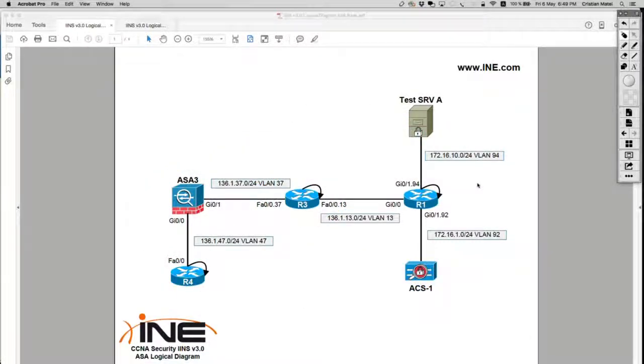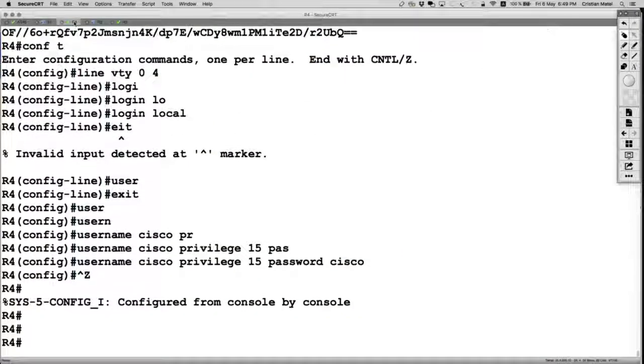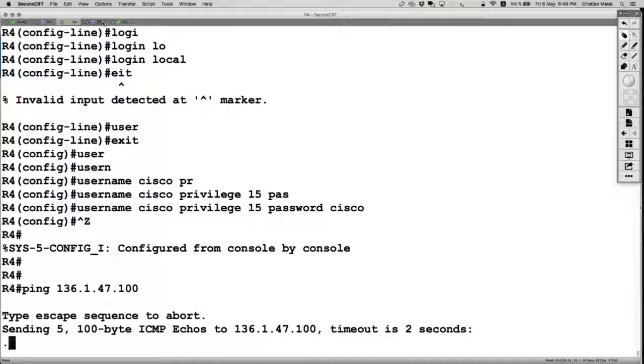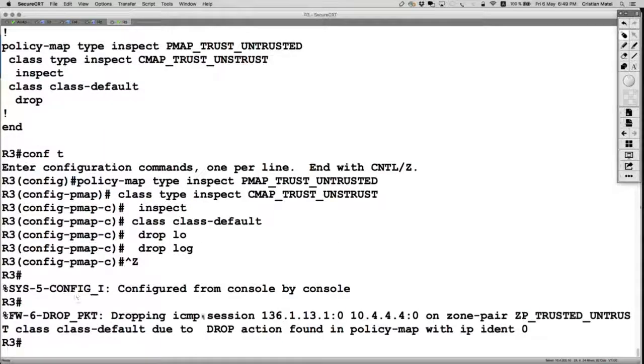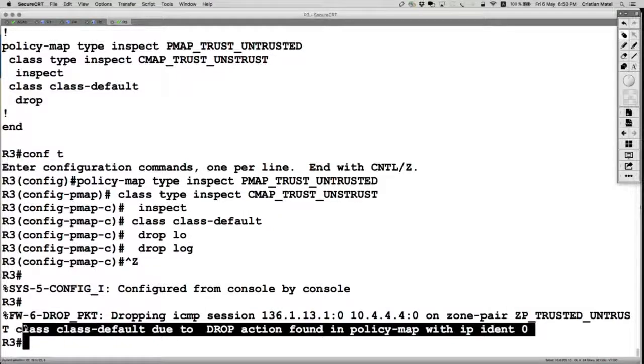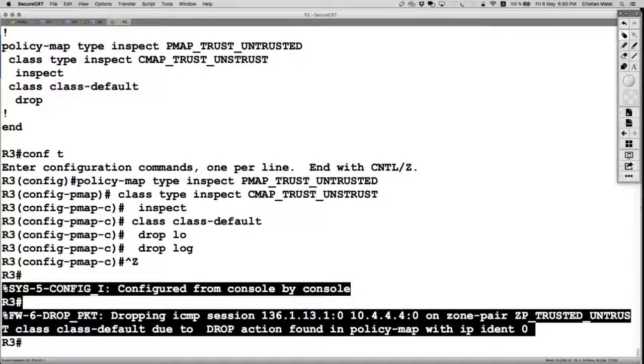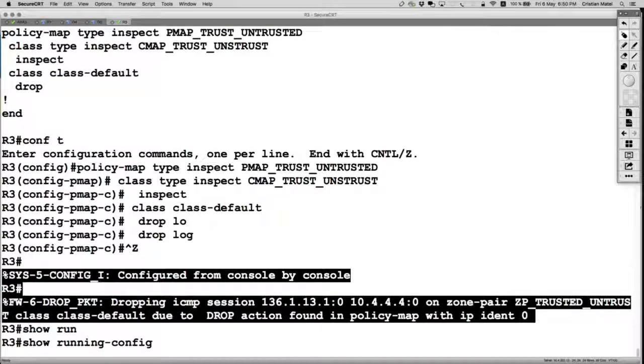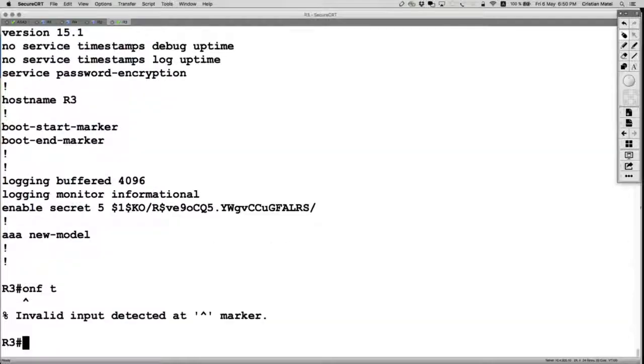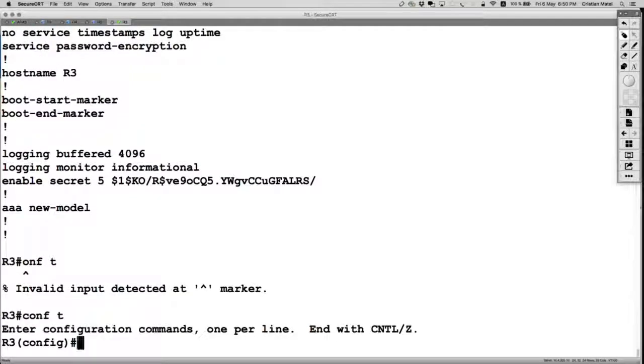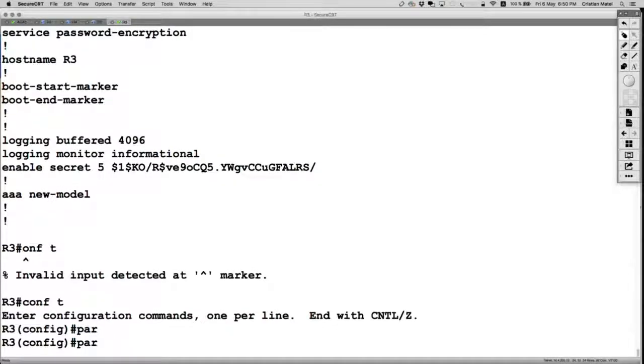Let's go on router 4 and now say ping, likewise, server A. And of course it is not going to work. I don't see a log message in here because I'm not matching any kind of zone pair, because I don't have a zone pair configured. If you would want to see a log message when traffic doesn't match a zone pair and it's being dropped because there's no firewall policy defined in that direction and the traffic is being blocked,